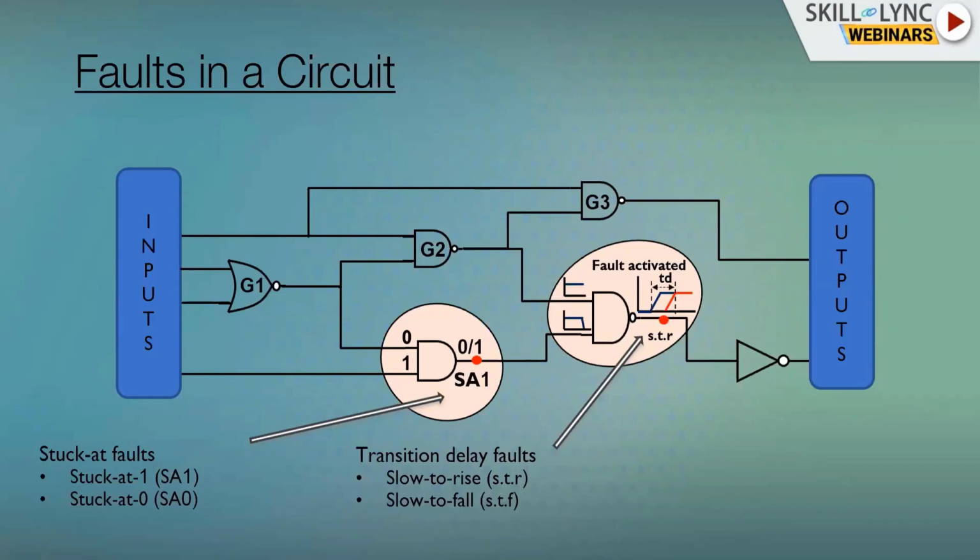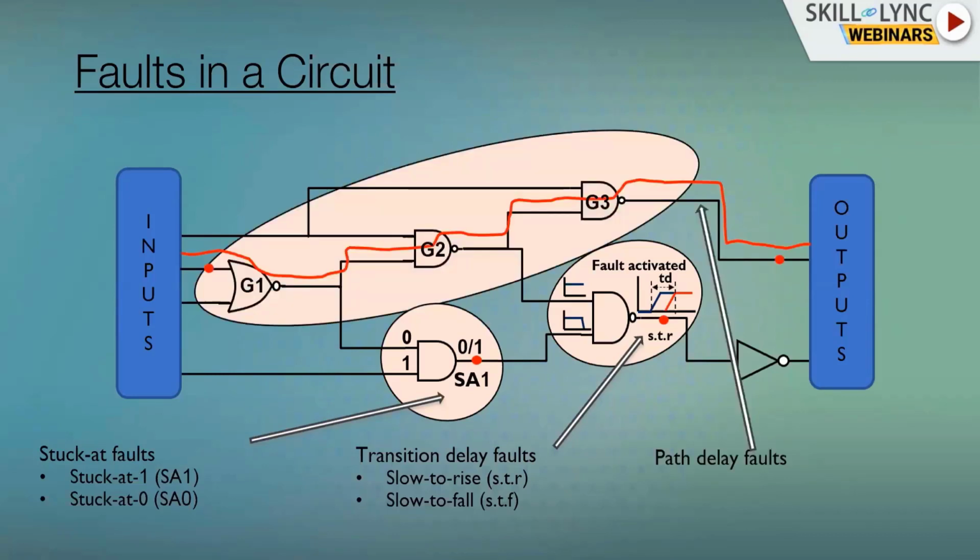Similarly, you can even see slow to fall faults also, because there can be some faults that are really slow. Those are called slow to fall faults. So this is the second type. I'll discuss another fault also, that is the path delay faults. You can see from gate 1 to gate 3. In path delay faults, the entire path between gate 1 and gate 3 is measured. The path delay will be the sum of all the individual gate delays. The gates will have some delays, and you will be adding those, as well as the interconnecting wires between gate 1 and gate 2, gate 2 and gate 3, and between gate 3 and the output.